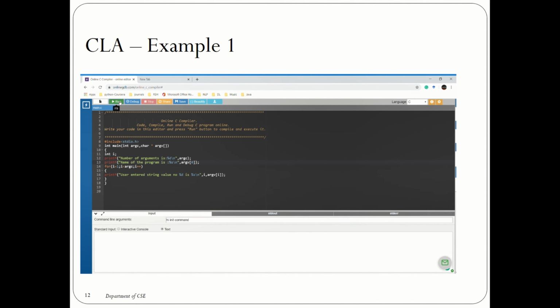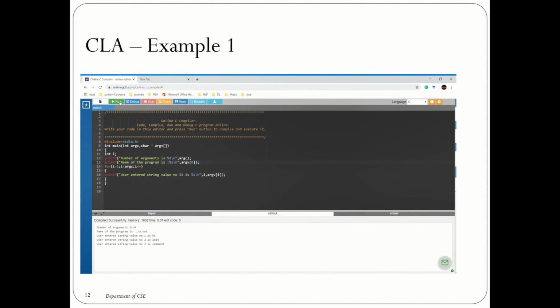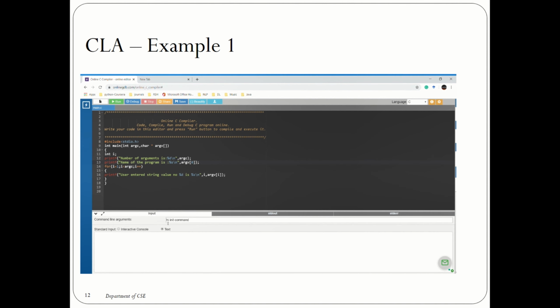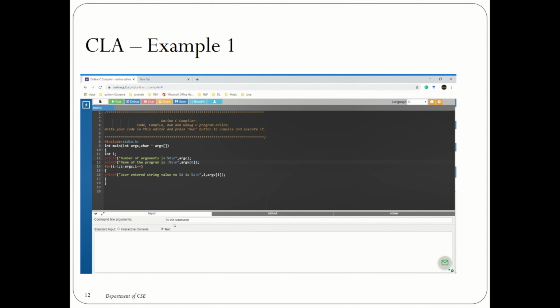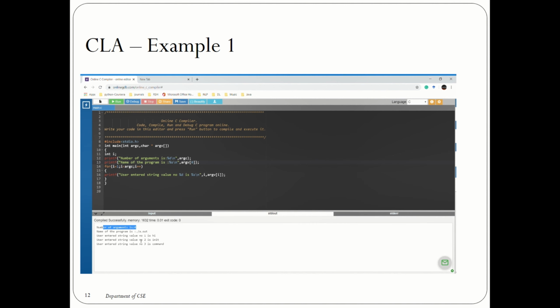If I run this particular program, it will print the number of arguments. Say I have ./a.out, then hi int command. So I have 4. In the output I can see argc is printed as 4, and argv of 0 is printed as a.out, and each of the other values is hi int command. Everything is printed one by one here.